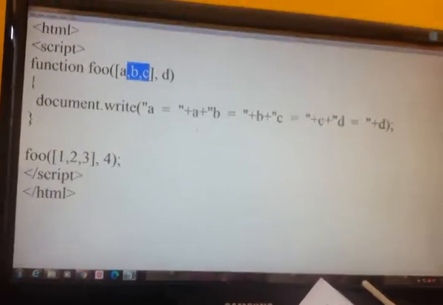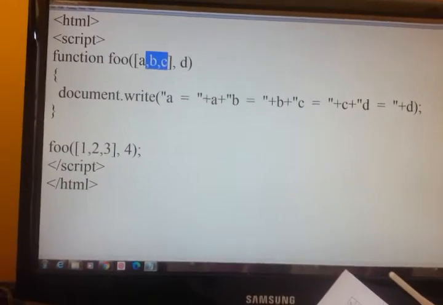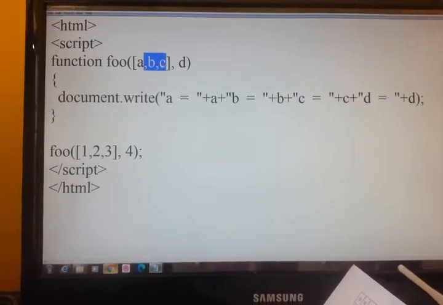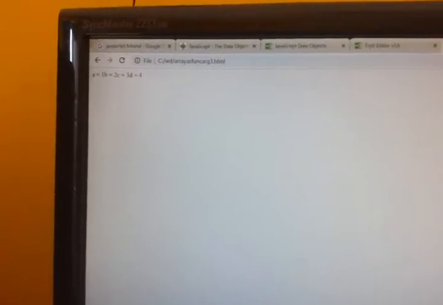We will save this program and then try to execute. It is very small, I will make it big.